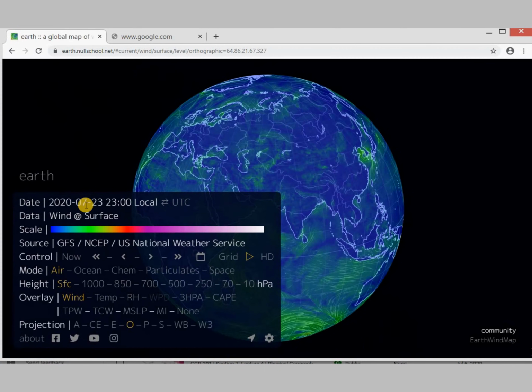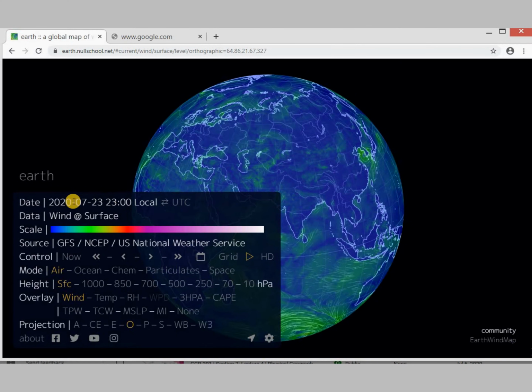website. So this is the date panel where you are having the data for the current period, that is right now it's 23rd July 2020, and the time is 23 local, that is 11 p.m. And right now the data which is shown here is wind at surface. Then we have the third thing, it's the scale of data. So these different colors will show the different values according to the colors, and the data source is GFS, US